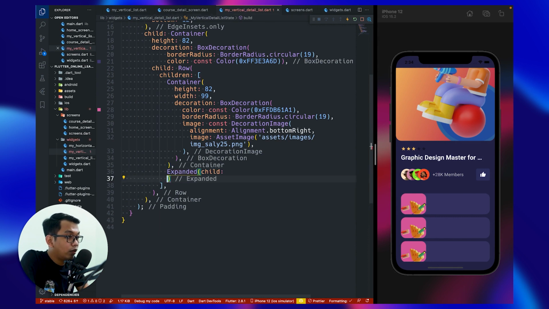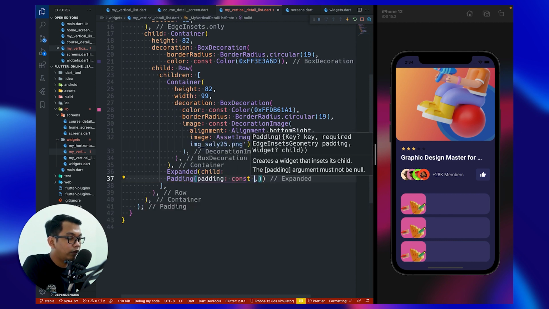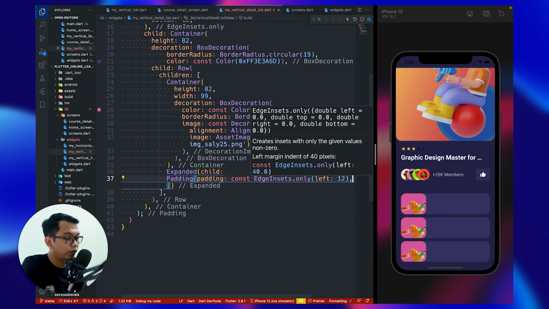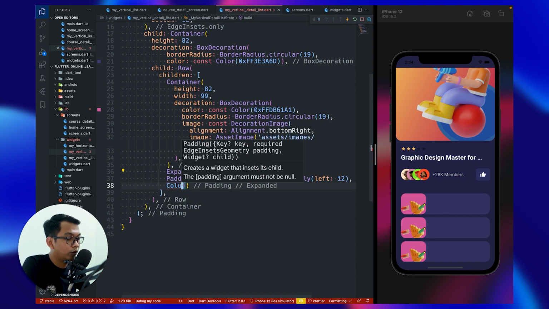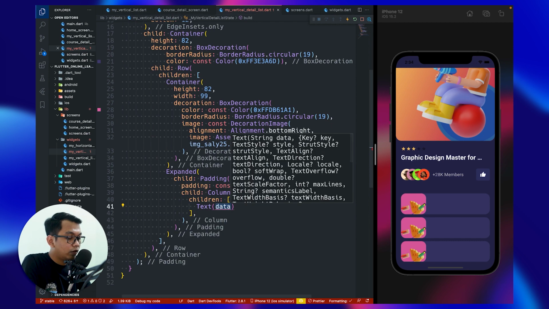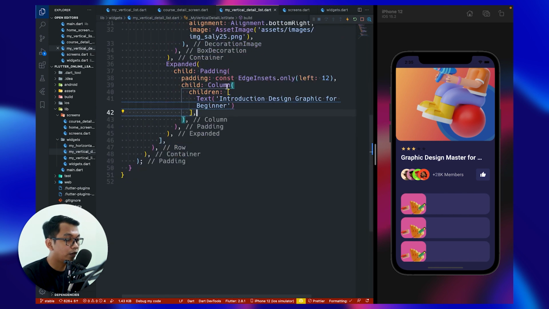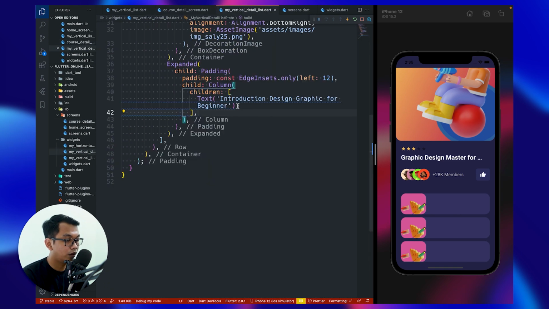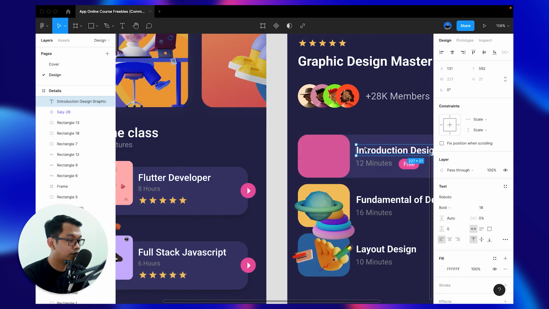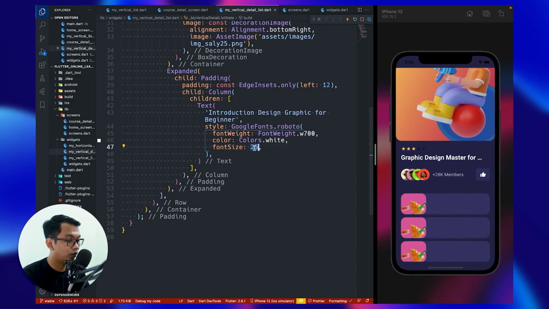For the child, we use Padding. For the padding, we set it to only left 12. And for the child, we use a Column widget. And inside our column, the first widget is a Text. And we need to copy the style here. Don't forget to import our Google font, 18 and bold.